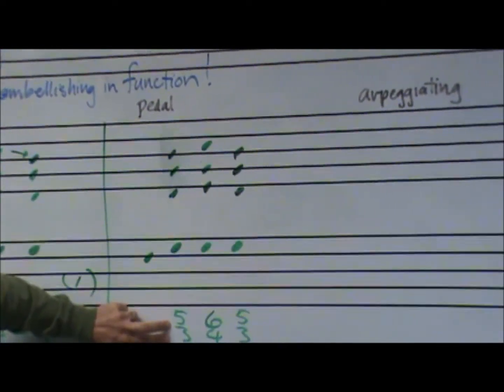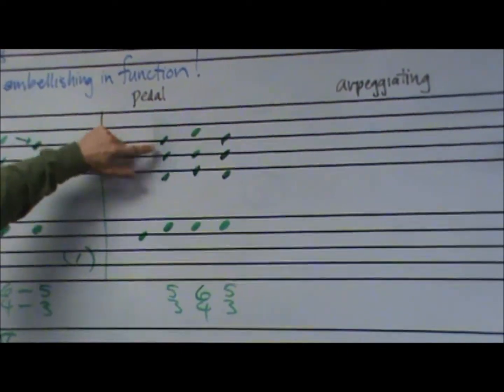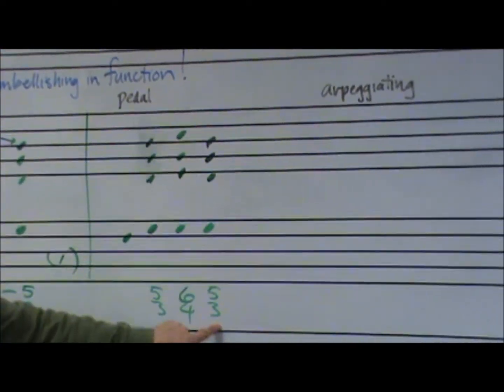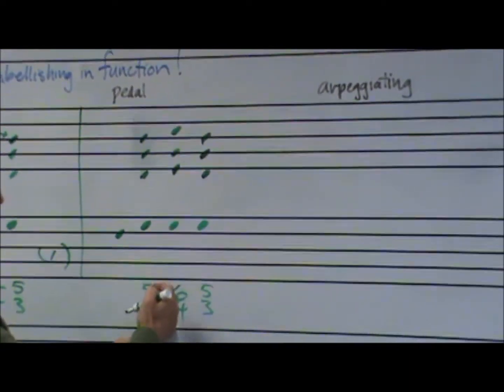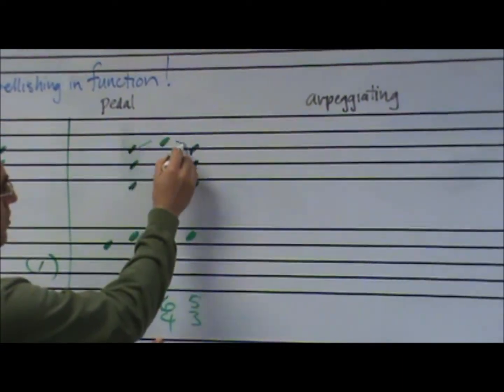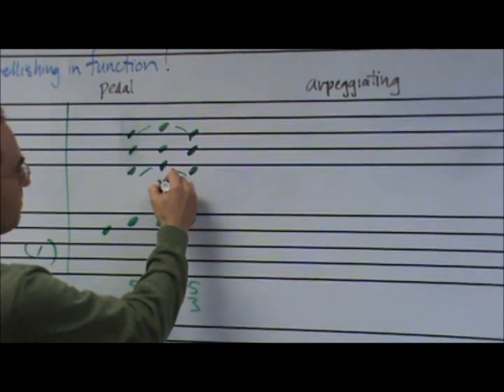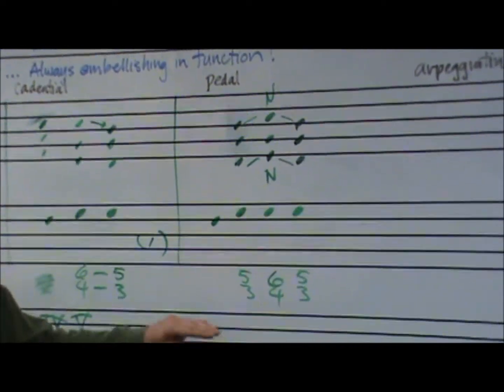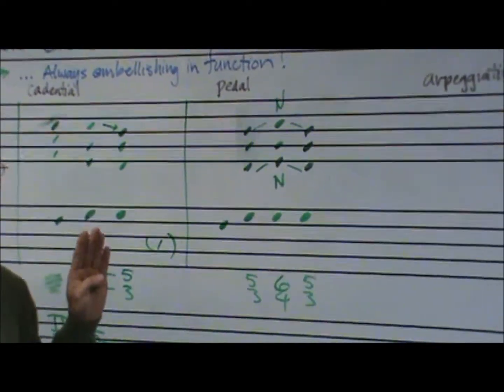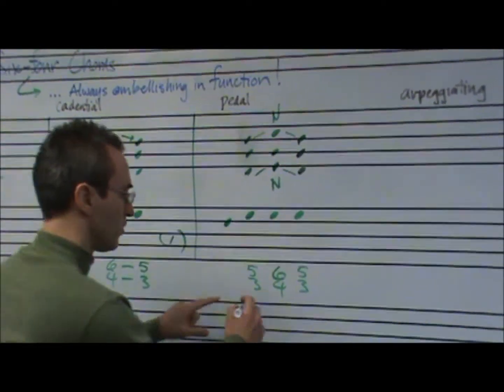So here's root position G, B, D, and it comes back to the same exact notes. In the middle is the 6/4. You can see the wiggle here, the neighboring motion going on. And so some people name this chord a neighboring 6/4. The reason I don't like that, and the reason I write pedal,